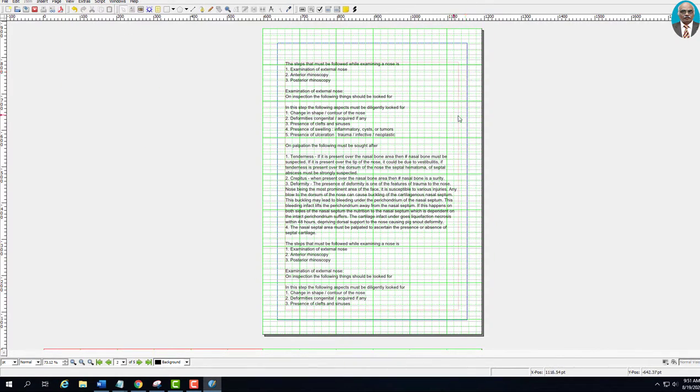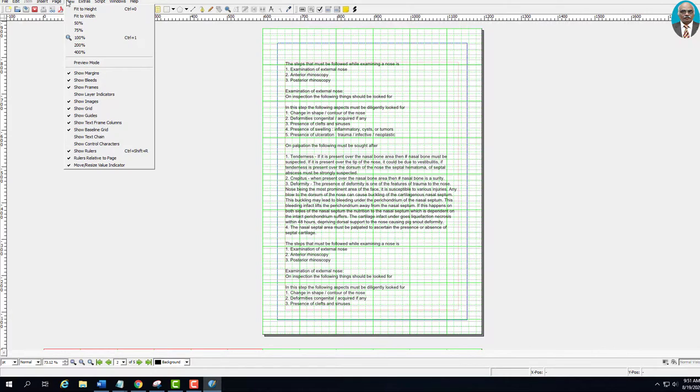So now the bleed has been enabled. Bleed is nothing but the space which is outside the frame, where the printer's ink is allowed to flow. Normally this space is set to 3 points, but here since by default we have set it as 0, you are not clearly able to see the bleeds. Now frames. So supposing here we have included a text frame, the frame is bounded by a red line.